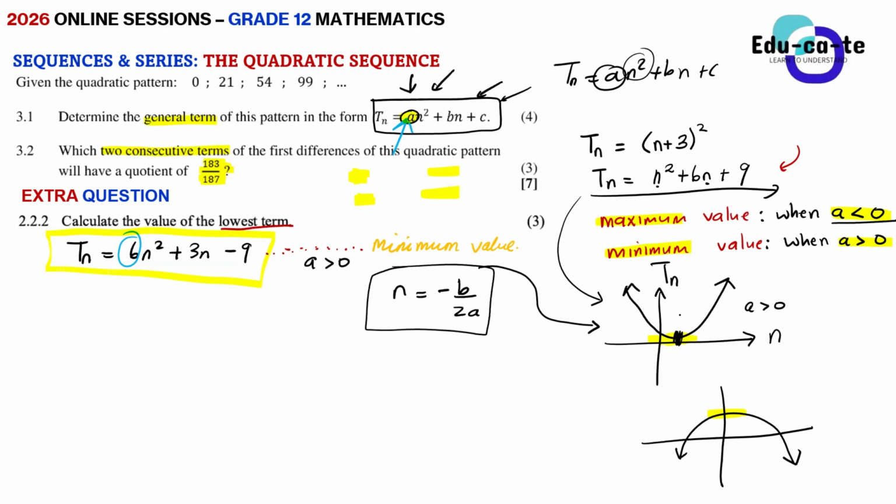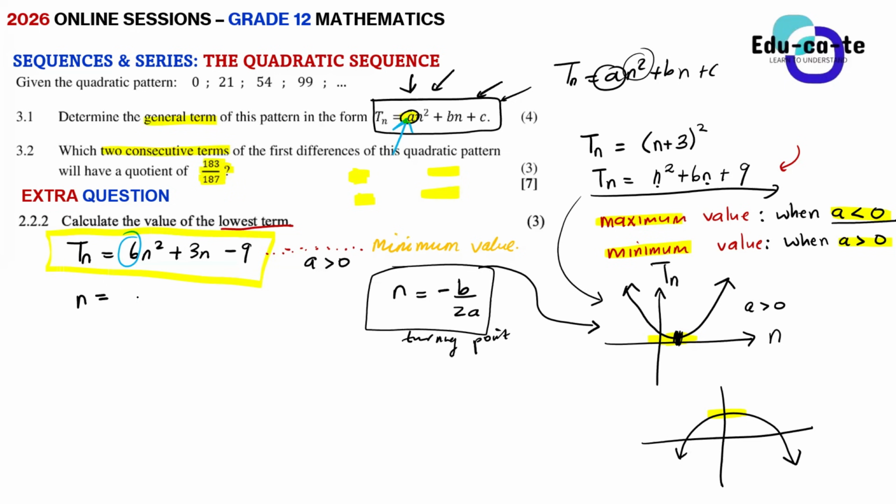When they're looking for the minimum and the maximum, are we supposed to use the turning point? Yes, the turning point is the one that always gives the minimum and the maximum. Whenever you are able to calculate the value of the turning point, then you can find the minimum and the maximum. But later on, you guys are going to do calculus. Calculus makes things easier for you. You won't have to do these formulas.